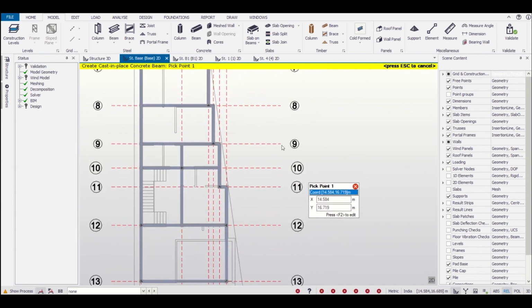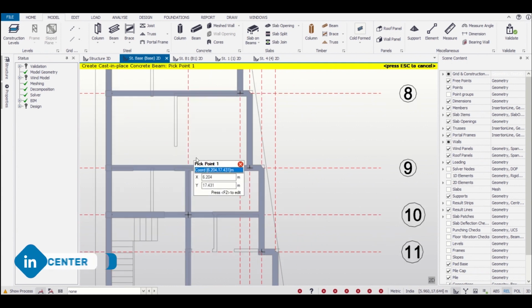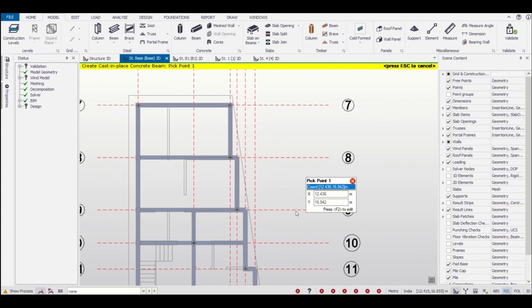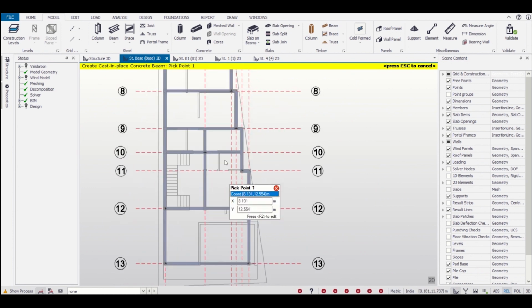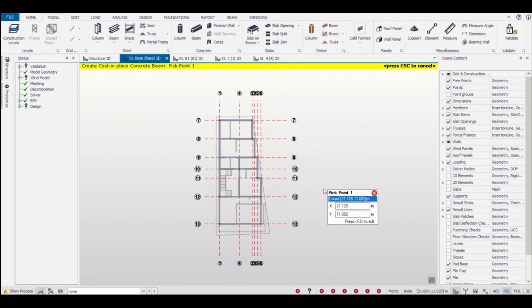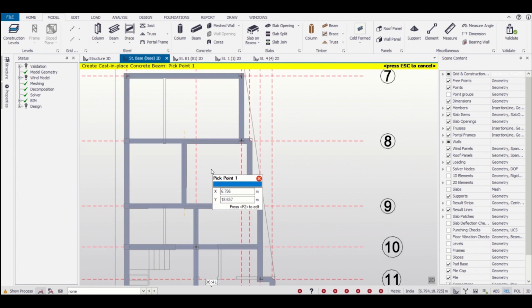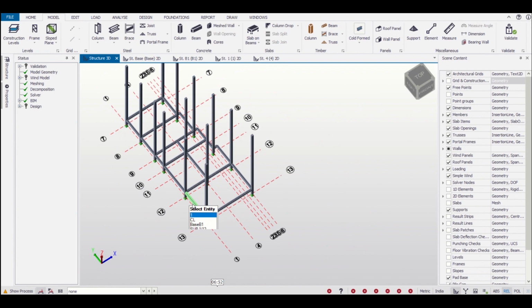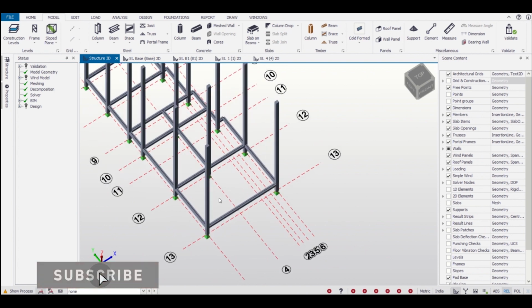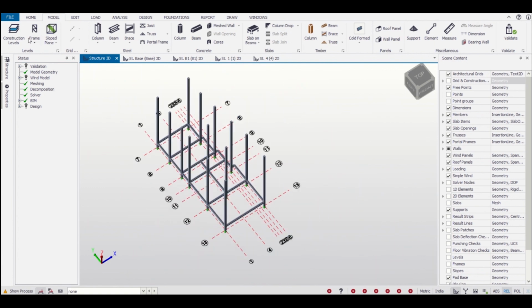Now after having completed joining all these beams, we can simply copy this to our first floor slab level. We can check properly whether we have inserted beams at all the specified locations or not. You can put a beam here. And then we'll go back to our structural 3D level. In the structural 3D view, we'll simply check all the provided beams and then we'll simply copy these beams to